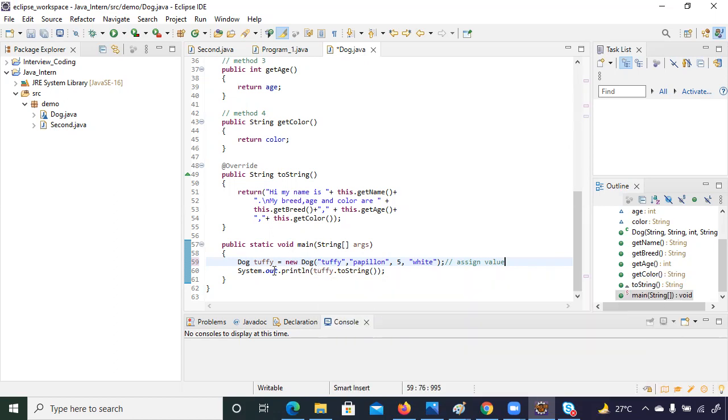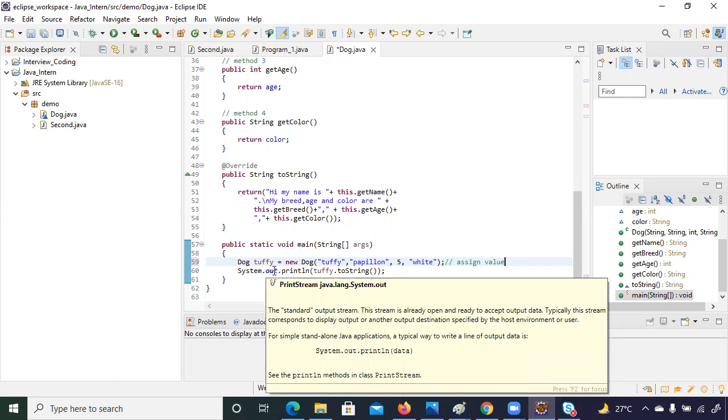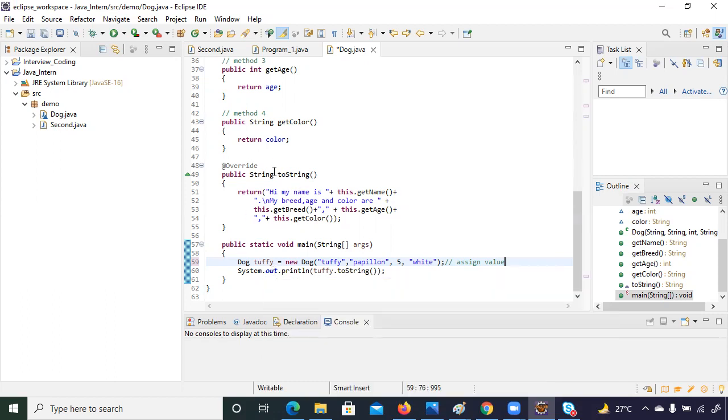So Tuffy is an object. When you call this function, it gets activated and performs an operation. What operation is it going to do? It will return the output. It will return the value in the memory of your RAM, and your program will run. Am I clear to you? What is this Tuffy.toString?